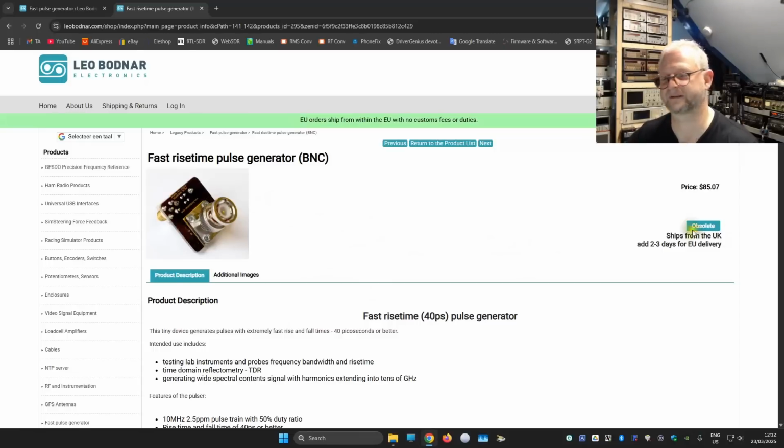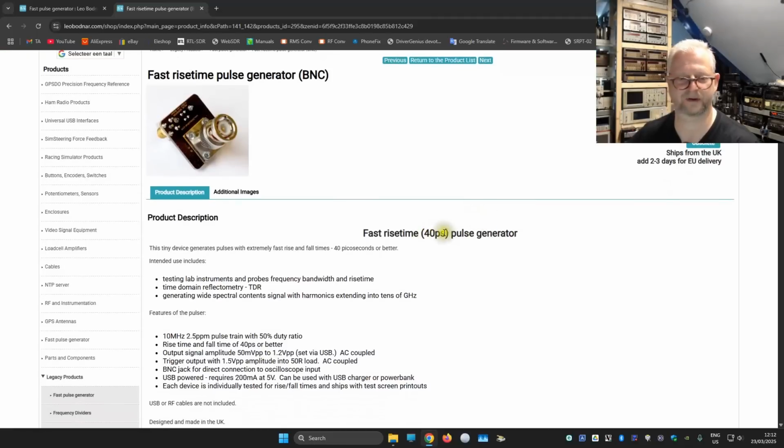It is one of the first. It is not available anymore, but it does a great job. 40 picoseconds. It is a fixed signal of 10 megahertz, which can be configured with the software. They still support that. And here they say indeed you can use it for lab testing, for bandwidth and Risetime testing,